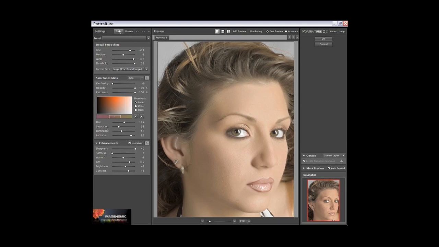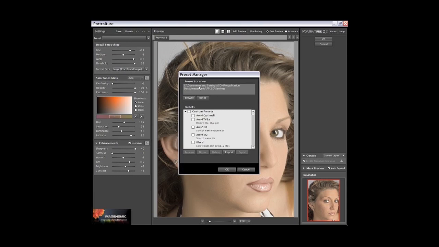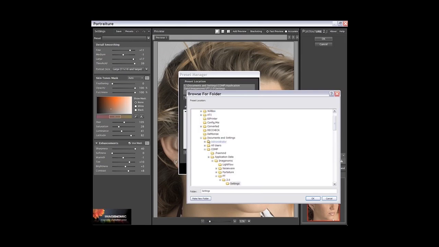Along with the Save Settings button, we also have a Presets button here, and it's basically a preset manager. When it comes up, it shows the preset location. This is the default install preset location where all the presets are located. One of the nice things about it is that you can actually use the Browse button here and browse to a new location. Just say if you have a network drive on your system that you want to use, you